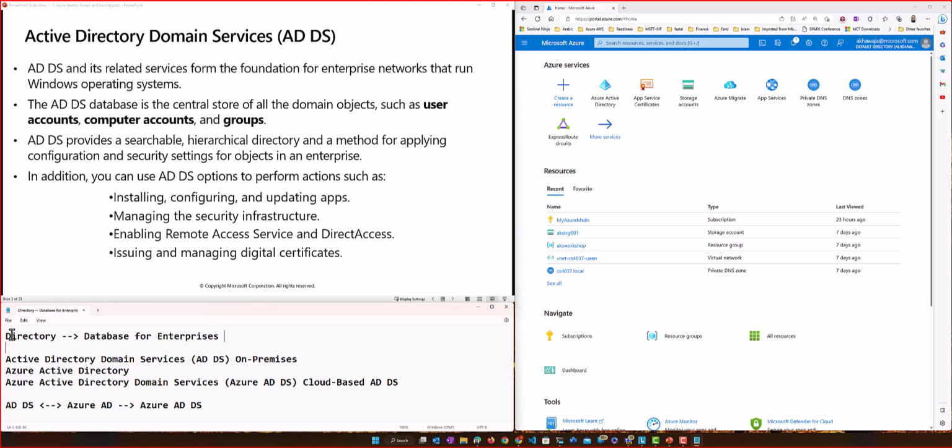So yeah, to store information, to store user and other related info, right?